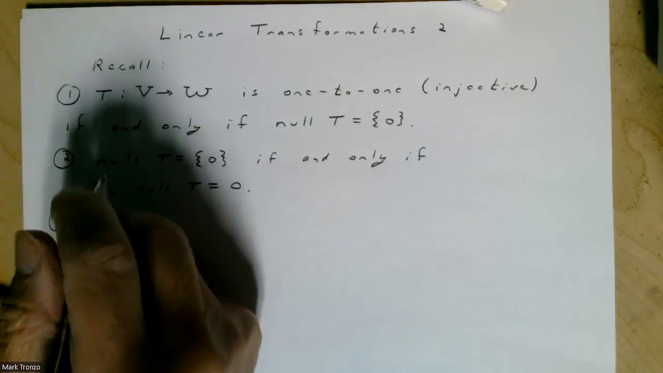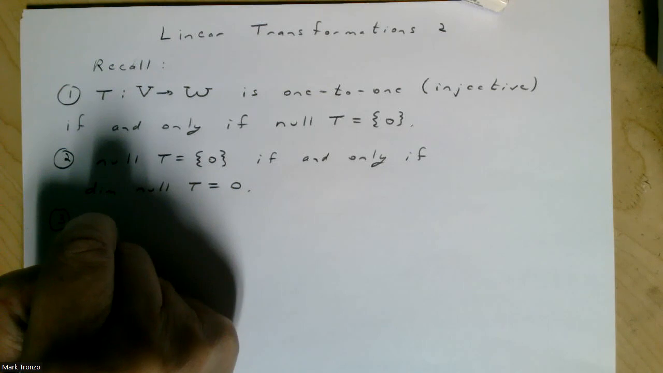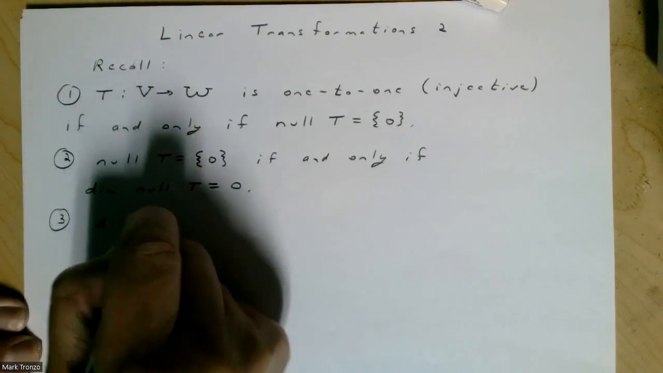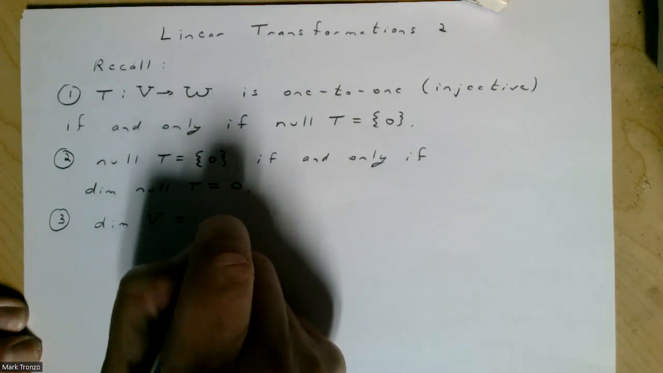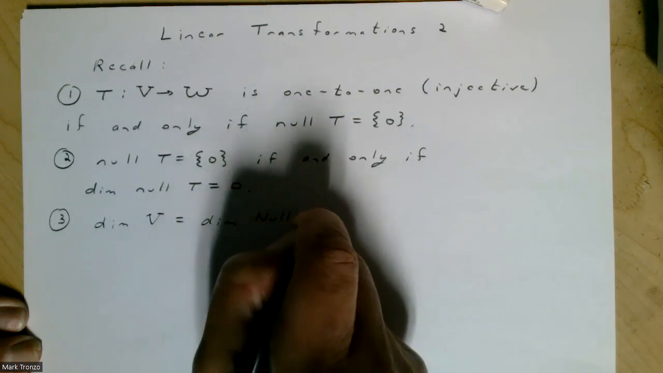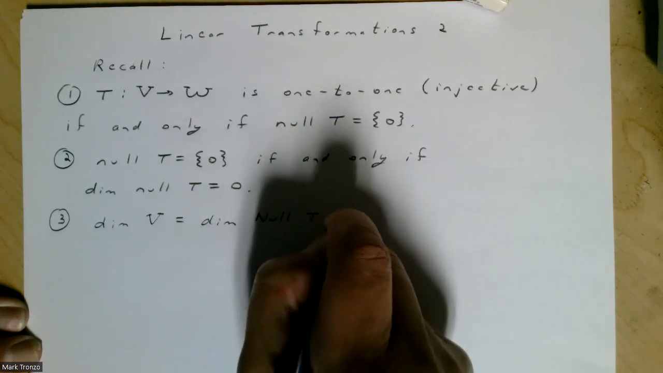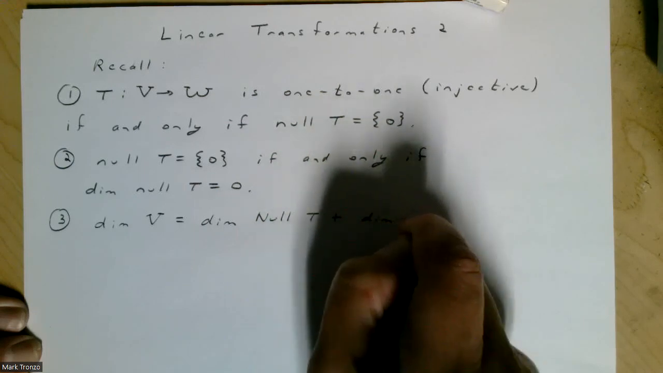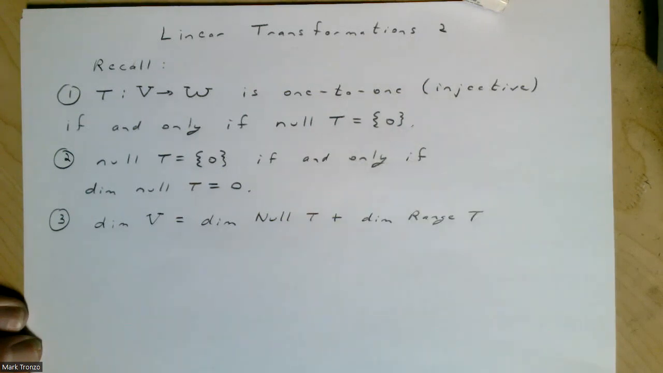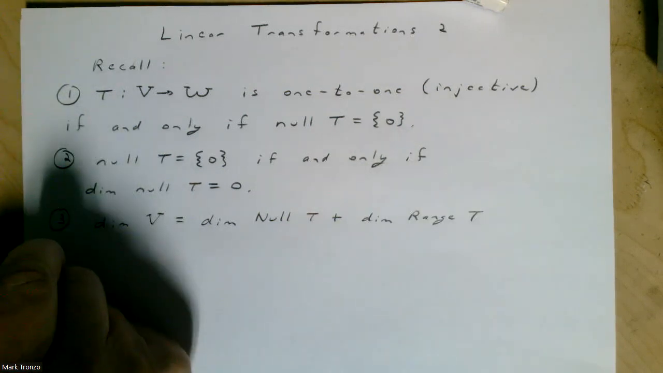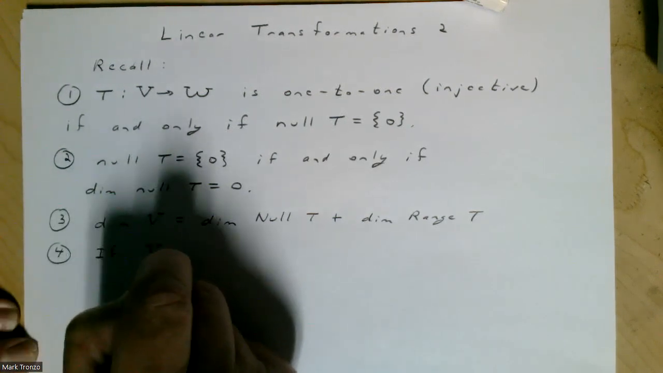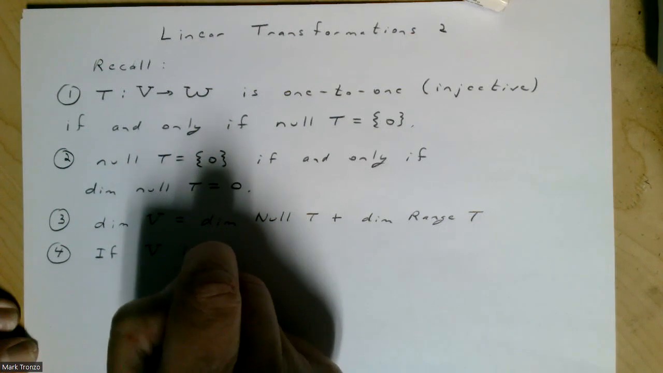And recall, we also have this formula. The dimension of V is equal to the dimension of the null space of T, something called the nullity of T, plus the dimension of the range of T. We had that before. And then we also had, if V is finite dimensional,